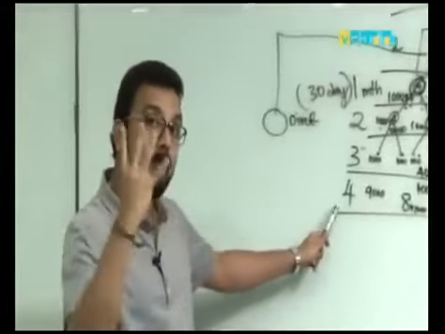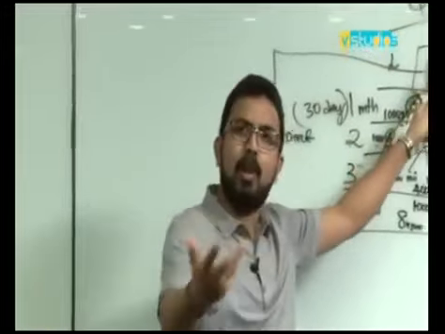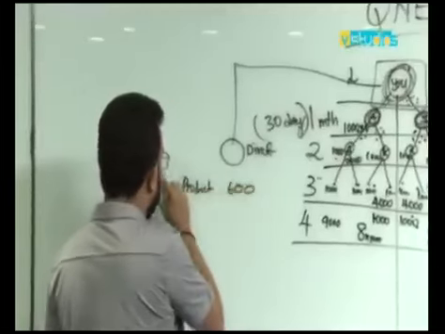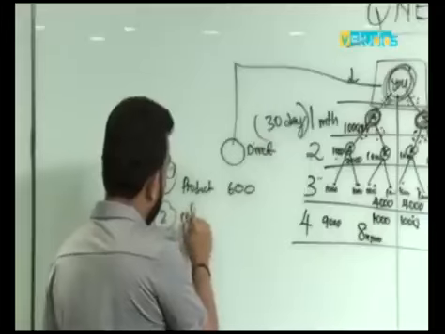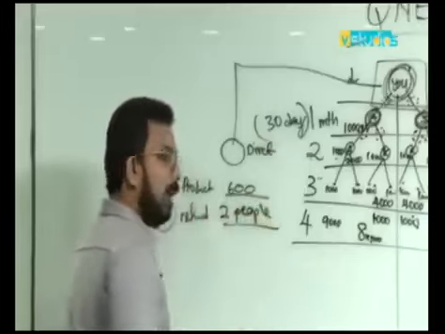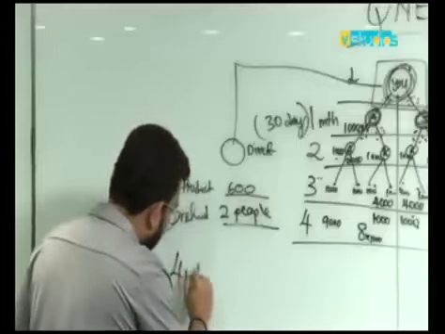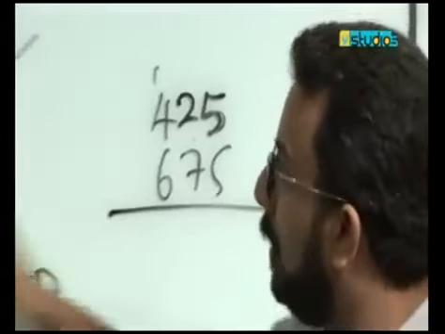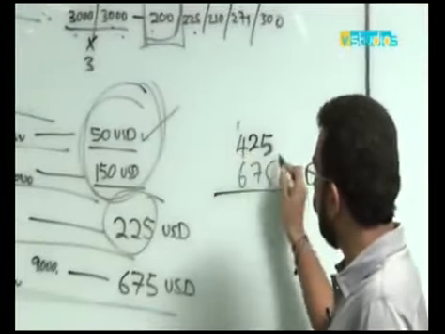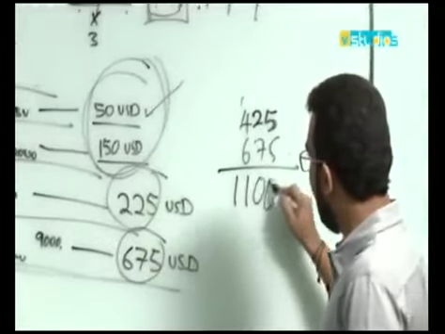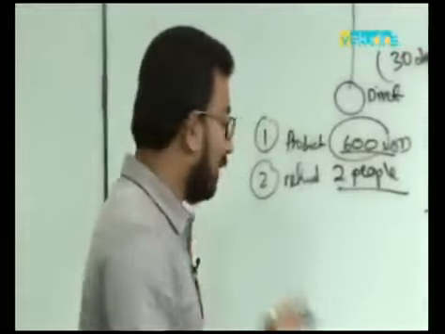4th month. What month? 4th month. So you signed up, you bought a product for 600 US dollars. Product, 600 US dollars, step 1. Step 2, you referred 2 people. And on the 4th month of doing business with QNet, let's look at your total income. There's 200 here, there's 225 here, making it 425, and you got 675 here, 675 here. So your total income is 1125 dollars after 4 months.